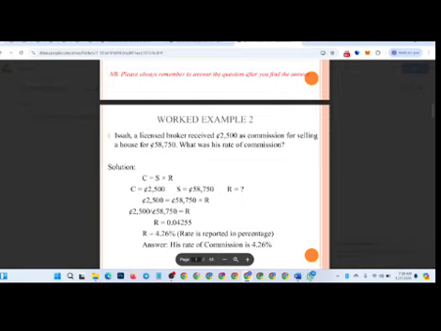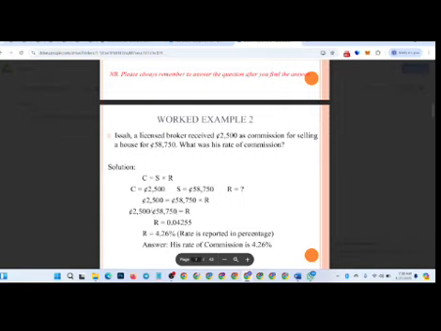So now our commission is 2,500, our sale is 58,750, and our rate is unknown. So we have to find rate, and we know C equals S times R. So 2,500 equals 58,750 times R. Cross multiplication and dividing through by that, we'll be getting